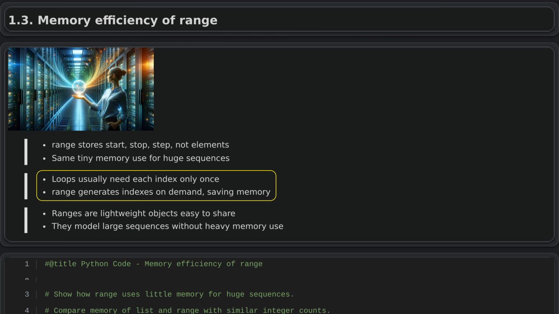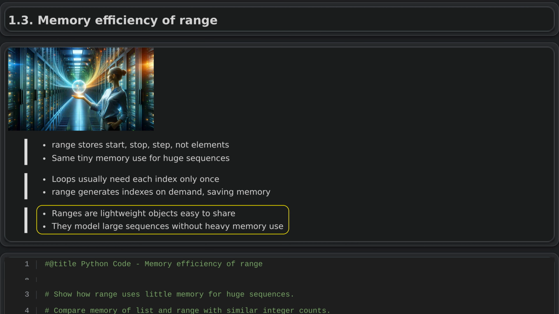When working with loops, it is more memory efficient to generate each value only when you need it, instead of storing all values at once. In tasks like simulating population growth or processing high-resolution images, keeping every index in a list can waste a lot of memory. Using a range object lets the program produce each index on demand without holding the entire sequence in memory. This approach helps your code handle larger datasets and is especially important in areas like data analysis and scientific